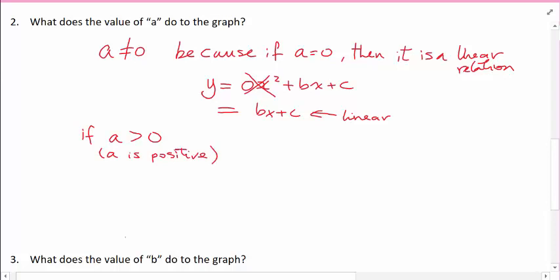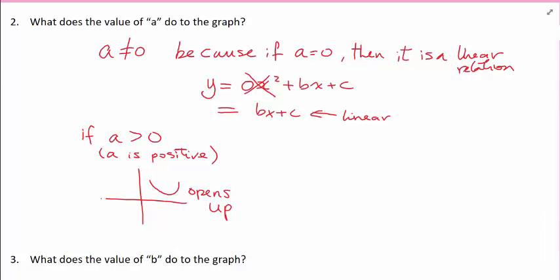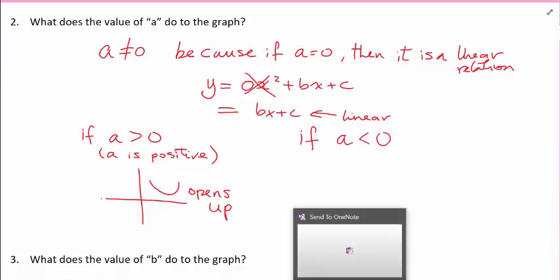So if A is positive, A is greater than 0, then what happens with the curve? It opens up. Okay, now if A is negative,